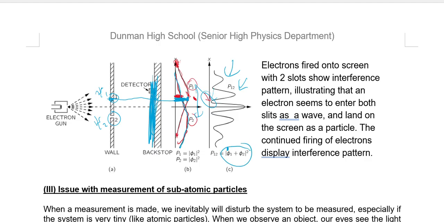So actually this one should be written as (psi 1 plus psi 2) squared, because this is the new wave function of the electron passing through both slits, right? And that will mathematically produce this probability distribution function, which correspond with the empirical data that we collect,